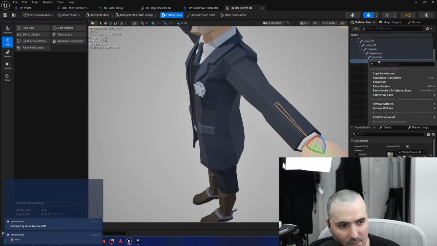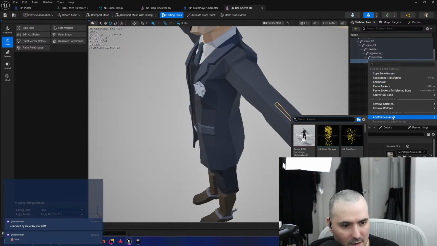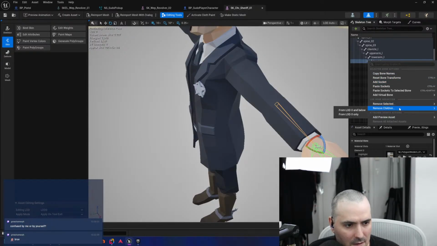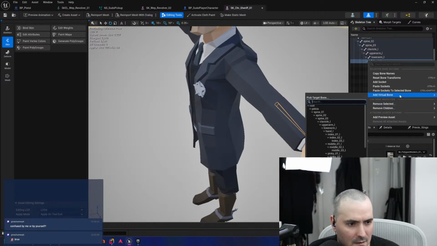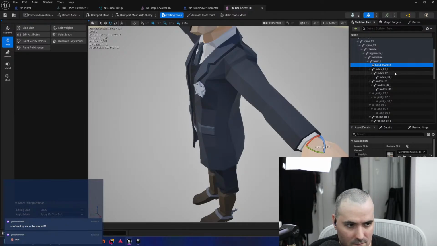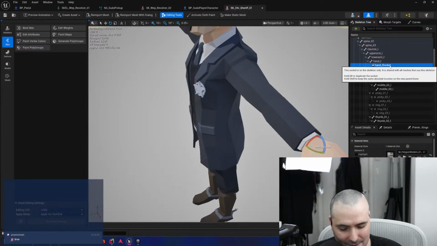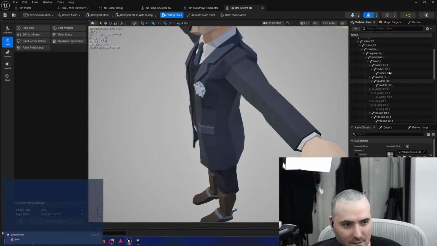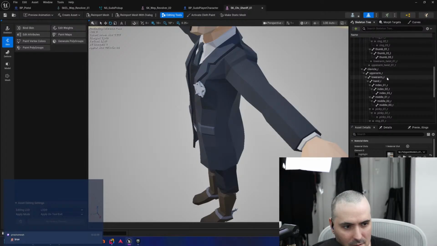There we go. And then we want to add a socket. Add a socket. Oh, this is the wrong hand. There we go.